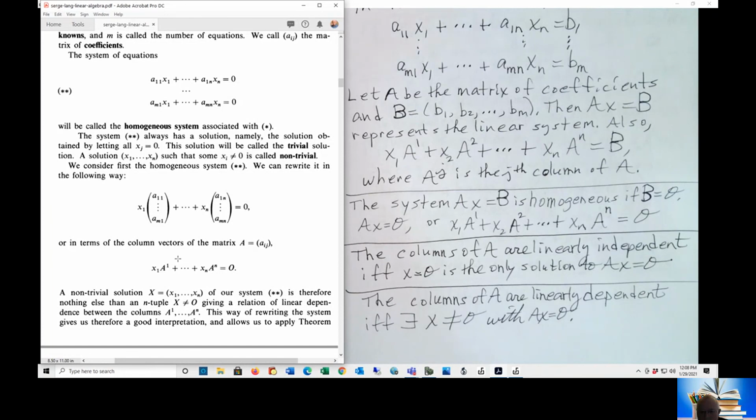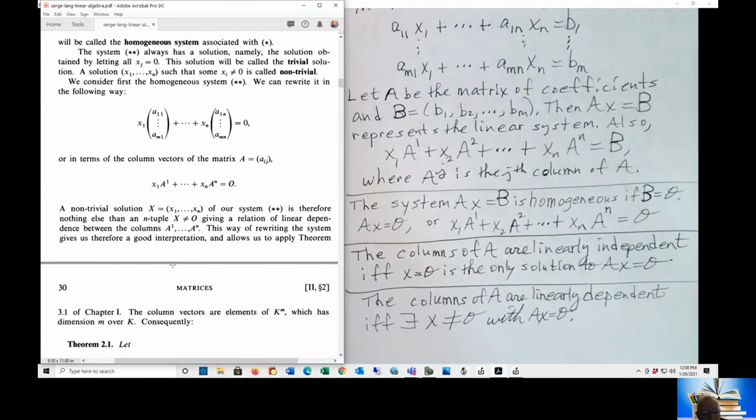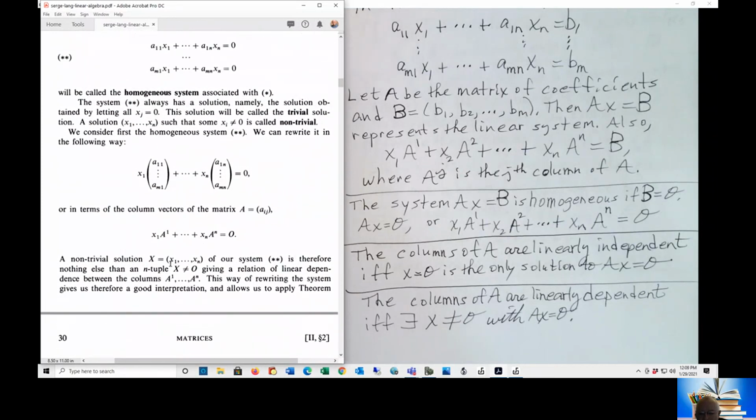In other words, the columns are linearly independent if and only if the trivial solution is the only solution to the homogeneous linear system. And on the other hand, the columns of the coefficient matrix are linearly dependent if and